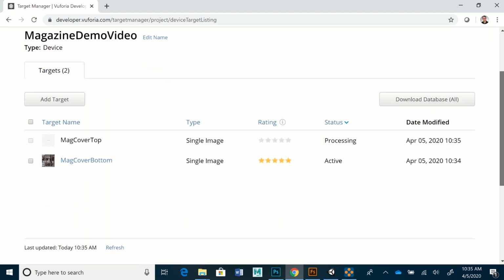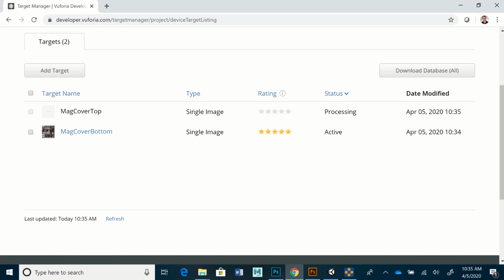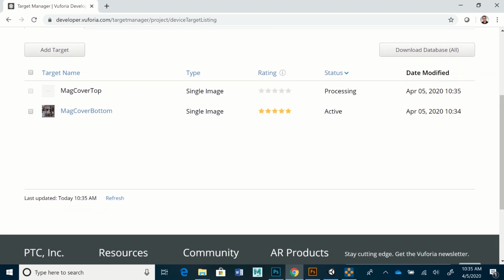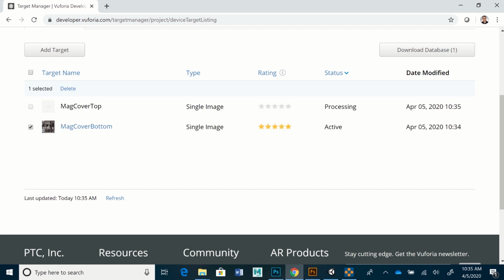So once it processes these, you can check and see what the rating is. 5 stars is what you would like to have for a good image target. 4 stars would be okay. If you go less than 4 stars, it's probably going to have a hard time recognizing it. So it's using image recognition software. If I click on this one that it already processed,